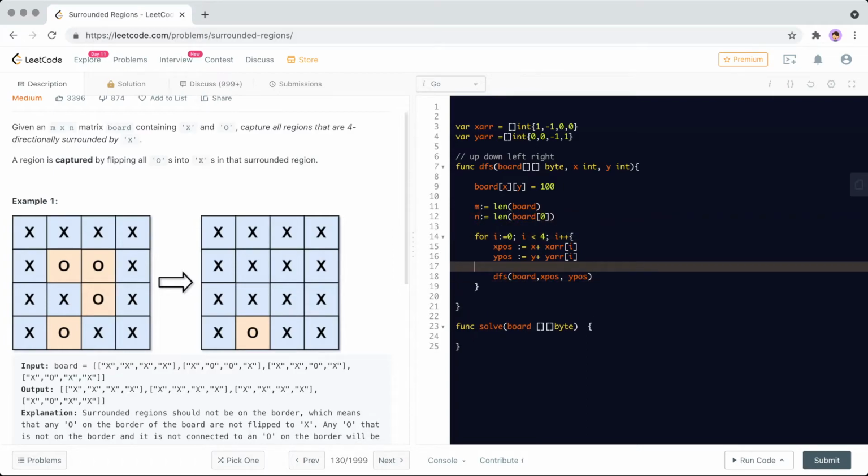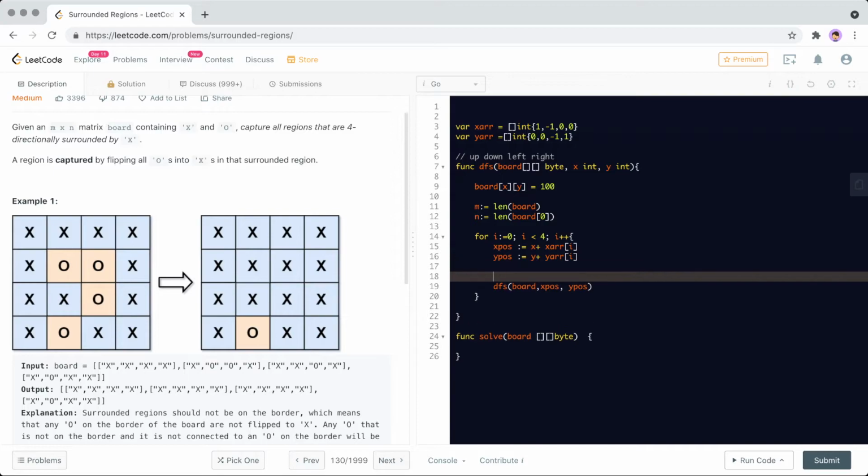Right. And so yeah, we need to put an if statement here to make sure that we don't go past the board. So on the edge, x pose should be greater than or equal to 0, right? And y pose is greater than or equal to 0, and x pose is obviously less than m, and y pose is less than n, and